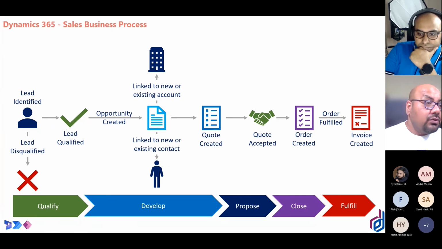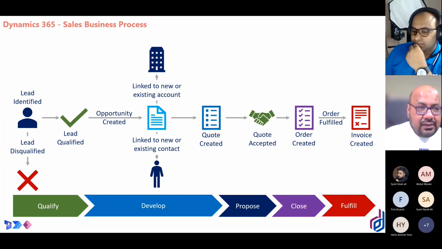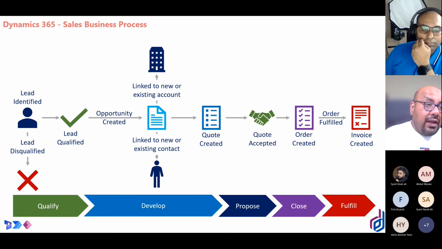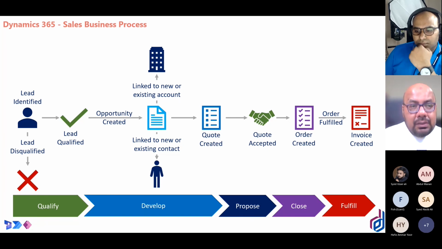And this is what we are going to explain in detail in the upcoming session, where we are going to start working on the system, where you are going to see the lead process, how you are going to capture the lead, how you are going to enter the information, how you are going to qualify it, and how